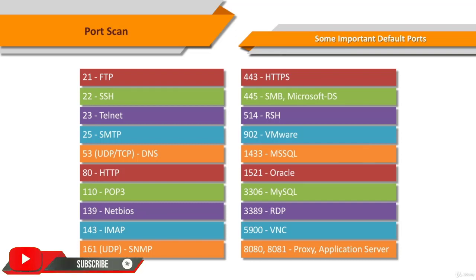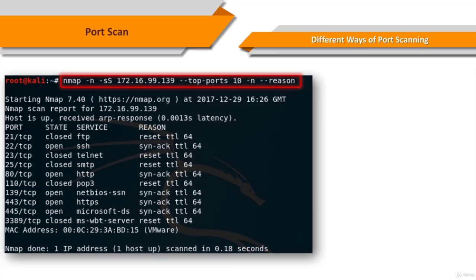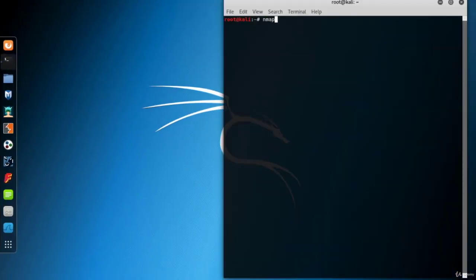But for ease of use, the default ports are used in general. So if you're performing a pen test, you should probably look at the well-known ports first, but you should never just scan the default ports. There are different ways to scan ports with Nmap. Let's see how we can scan ports. Let's prepare a SYN scan for a Metasploitable device. The IP address of my Metasploitable is